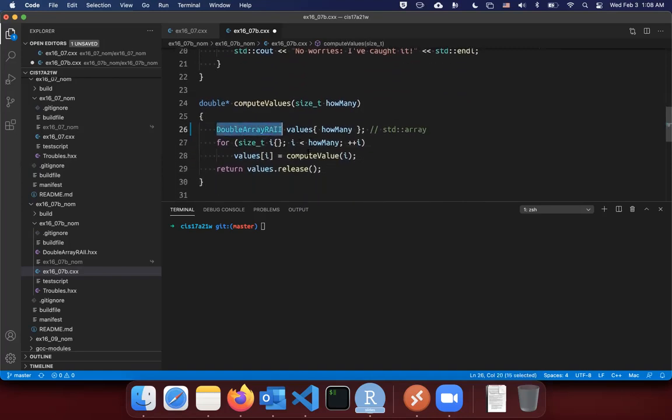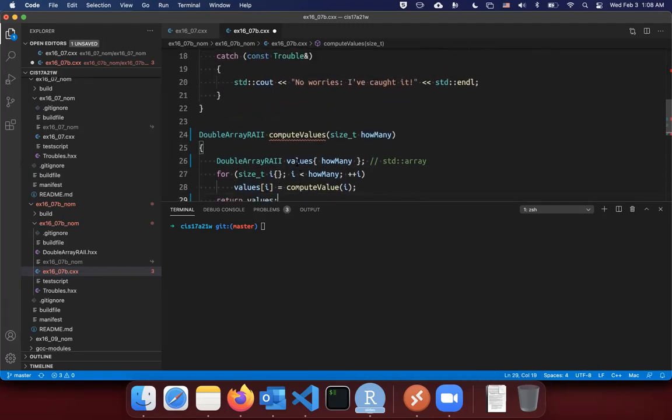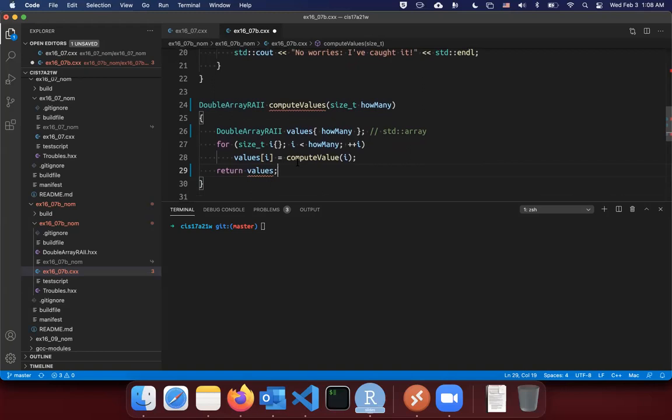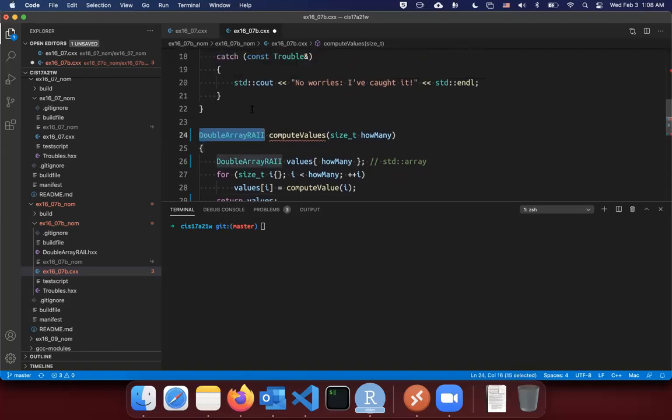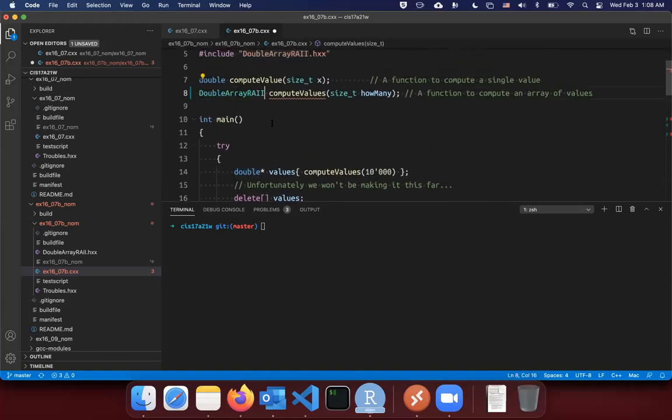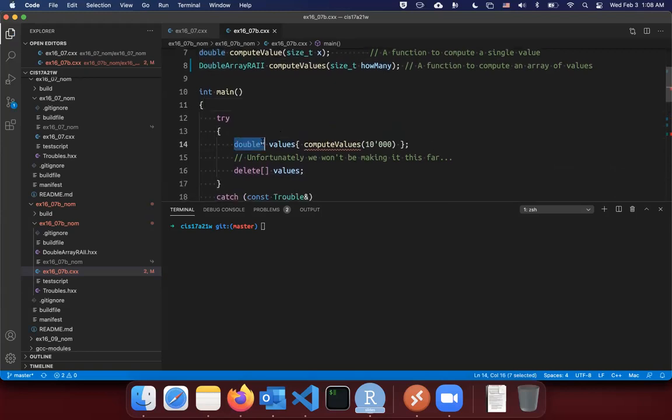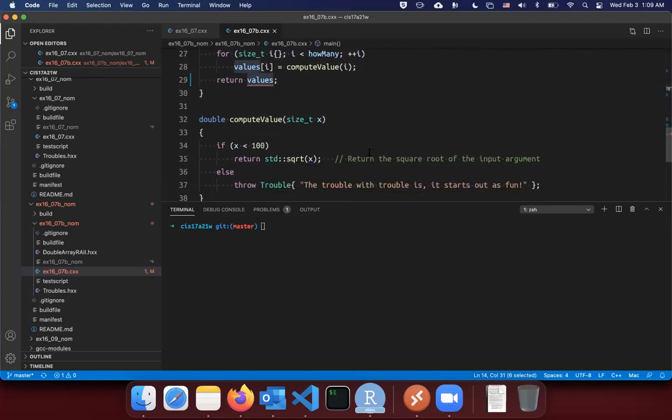So instead, really what you should be doing is you say, well, I'm going to return that RAII object, right? You don't want to just turn it back into the raw pointer again. Okay. So let's say you want to just return the RAII object. And of course, then we're going to pass this on. Then you don't need to do the delete. Of course, when this values goes out of scope, if this throws an exception, which it does, right? Based on the logic here,